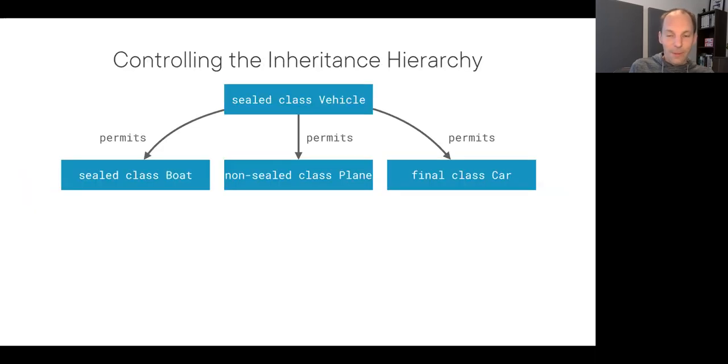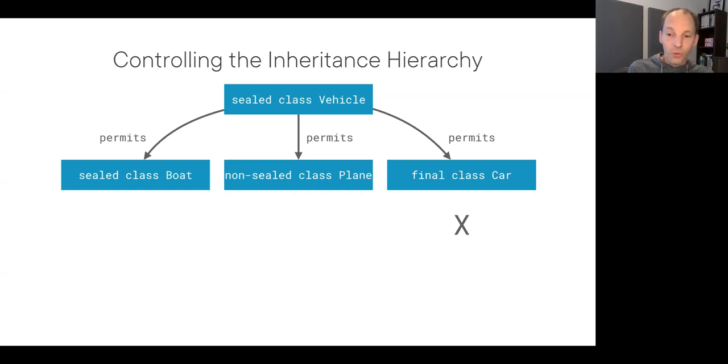That being said, what happens in the various subclasses of a sealed class? So there are a couple of options. If I, for example, create a sealed class vehicle, which permits three explicit subclasses, car, plane, and boat, then each of these subclasses still has a choice on whether it is final or not. And what we see here is that if such a subclass like car would be final, then that's the end of the line. There can be no other subclasses of car. And this is all in the clear.